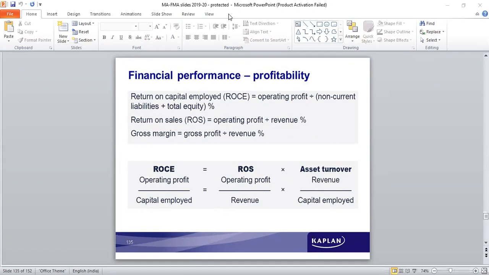What is capital employed? Capital employed is the total amount of capital which is raised. So capital is raised from owners, we call them shareholders, and also from outsiders, we call them debt holders. I hope you all know these terms. If you have any issue with that, please raise it and I'll clarify it. See, when we have the balance sheet given,